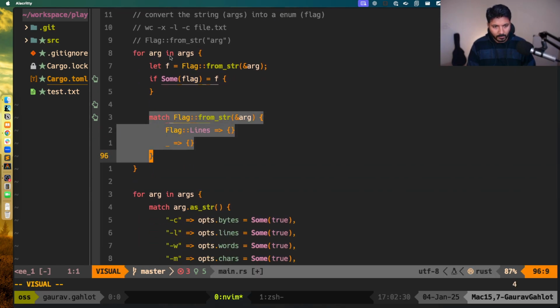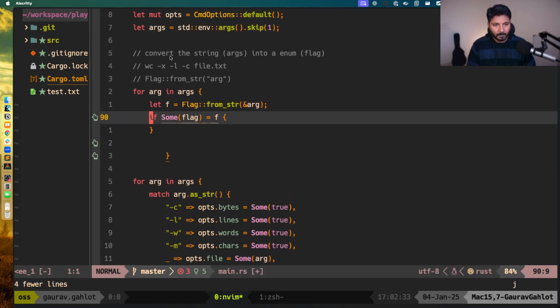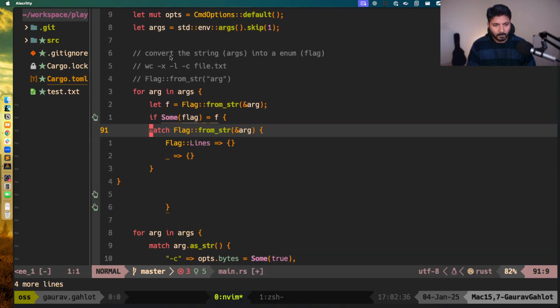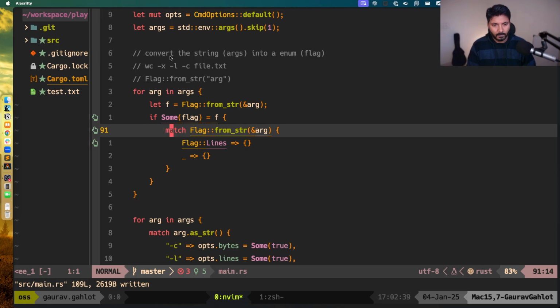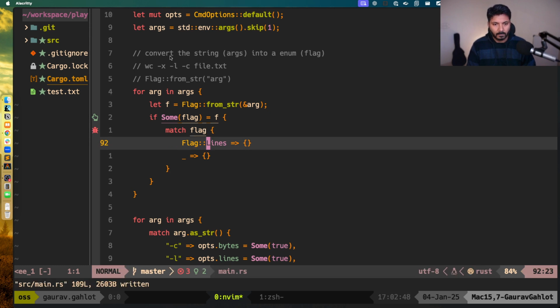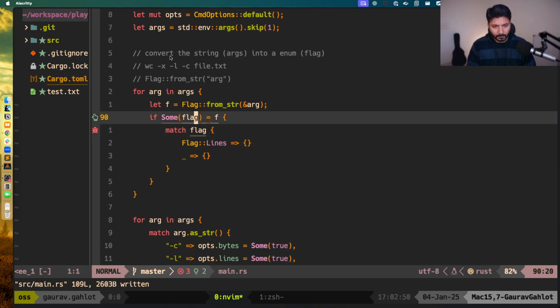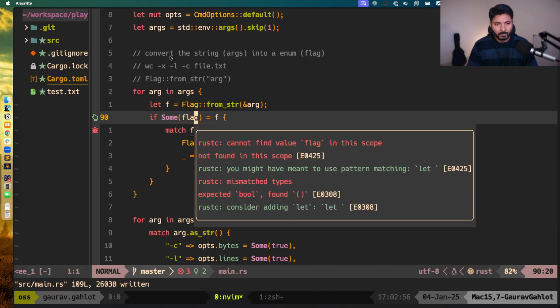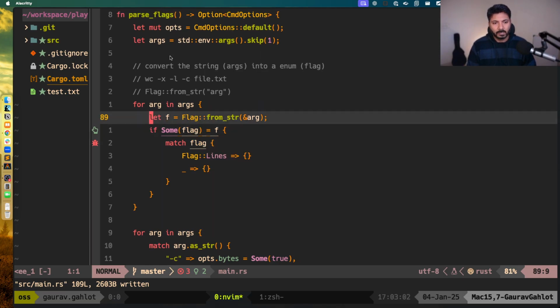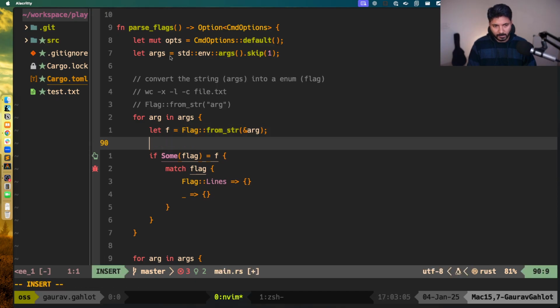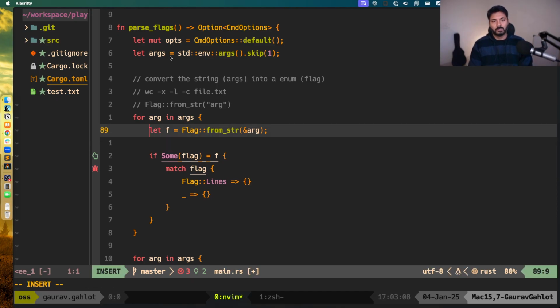Instead, maybe I should move this. I cannot find value flag. Okay. There is a syntax which is called the if let syntax, which is what we should be using. So it says if let